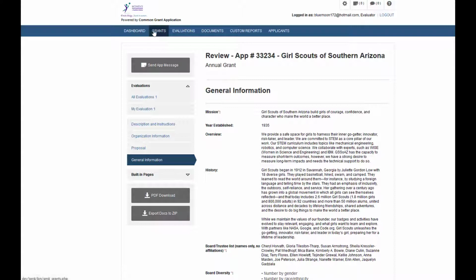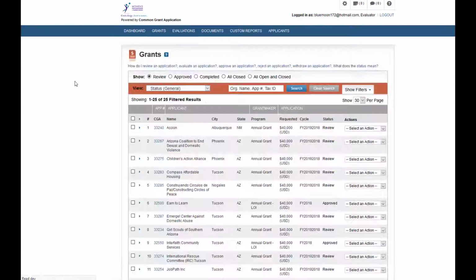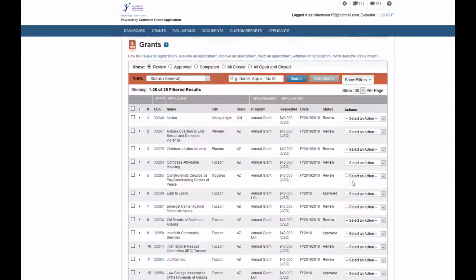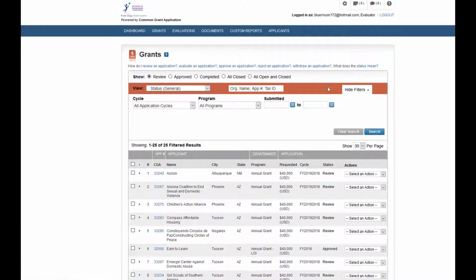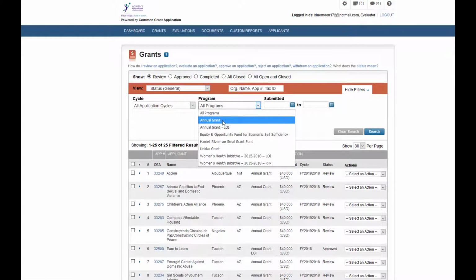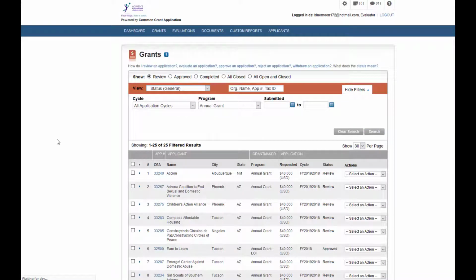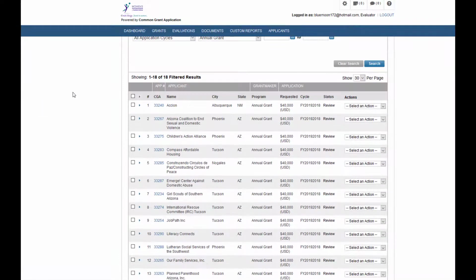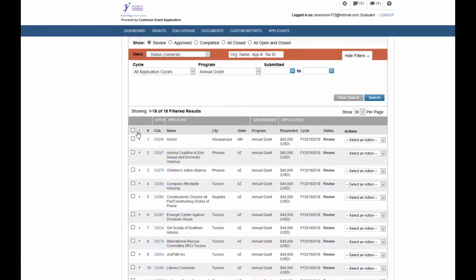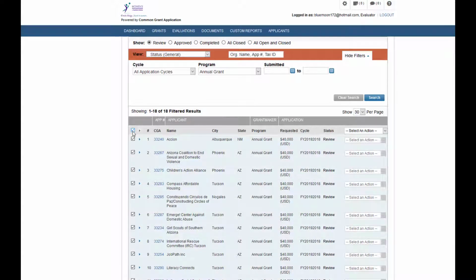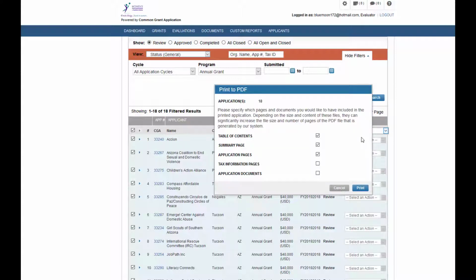If you want to review all of the applications at once, you can click on this grants link up here, which will take you to a list of all the grants in the system. You can then use the Show Filters tab here and filter by program for annual grant. You click Search, and that will present you with the currently 18 applications that have been assigned to that grant program. Once here, you can click this checkbox at the top of the list to select all the items. And then from this drop-down that appears, you can click Print to PDF. You can select which items you want included in the PDF, and then click Print, which will generate a PDF